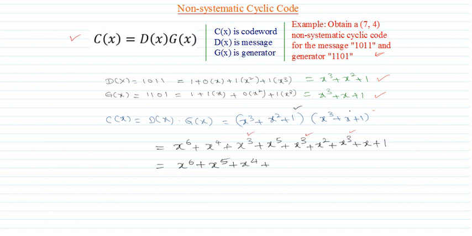I'm writing it as 1 x to the power 3 plus how many x squares we have? There is only one x square. I can write that x square, and how many x's are there? So there is only one x. So I'll write it plus how many ones are there, that is x to the power 0. This is 1 into x to the power 0. X to the power 0 is 1. So I can write it as 1 here.